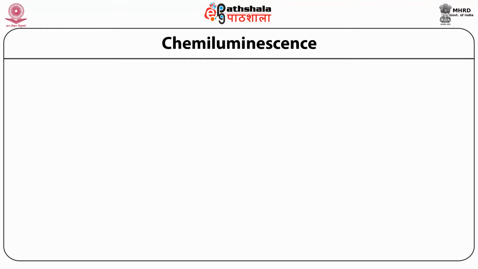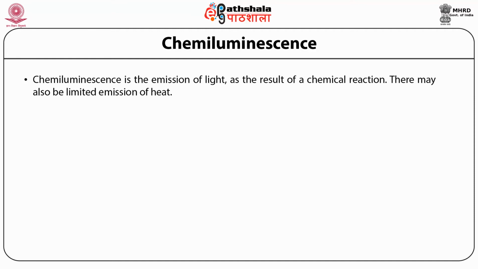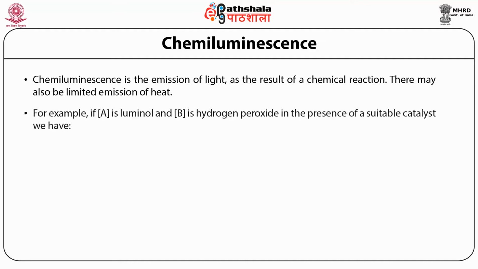Now we discuss here the method of chemiluminescence. Chemiluminescence is the emission of light as the result of a chemical reaction. There may also be limited emission of heat. For example, if A is luminol and B is hydrogen peroxide in the presence of a suitable catalyst, then we get